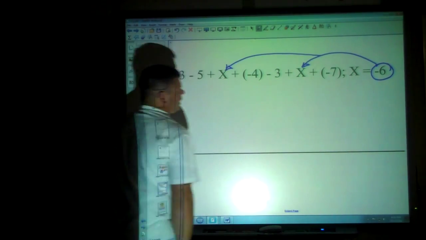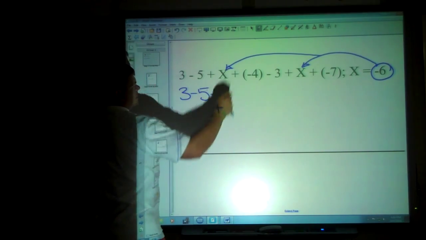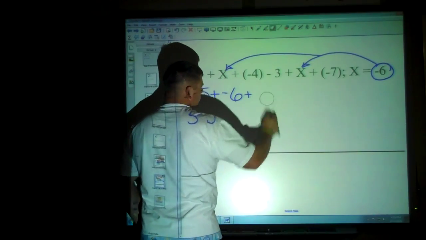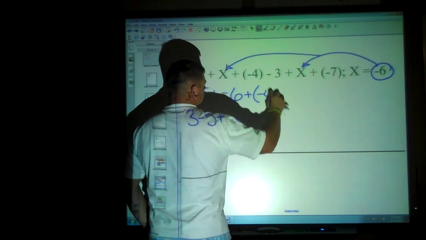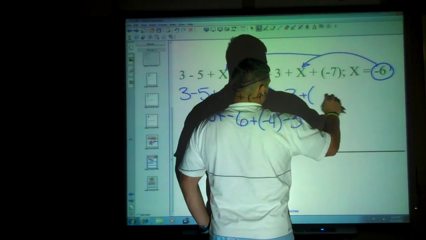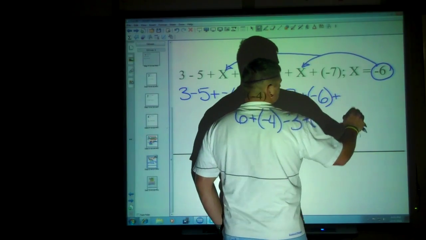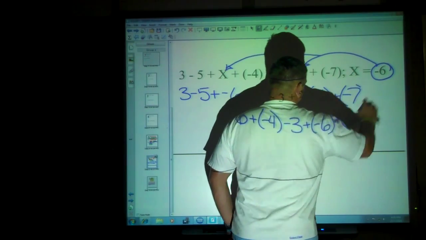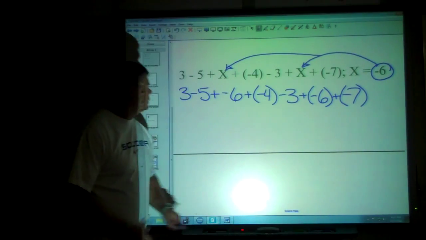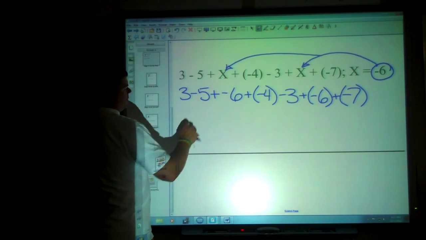And from there, it's order of operations. So I would have 3 minus 5 plus that negative 6 plus a negative 4. A little bit of a delay on the smartboard. Minus 3 plus negative 6 plus negative 7. Now everything's been plugged in. We have to go from left to right. So if I start here, 3 minus 5, I'm at 3 and I go backwards to the left. 5 would put me at negative 2